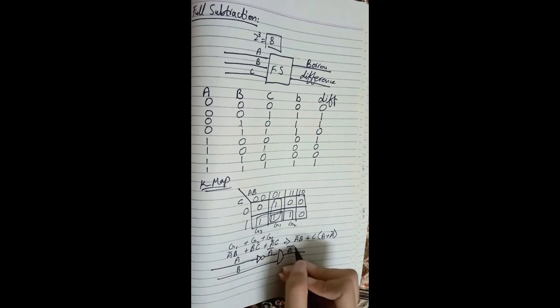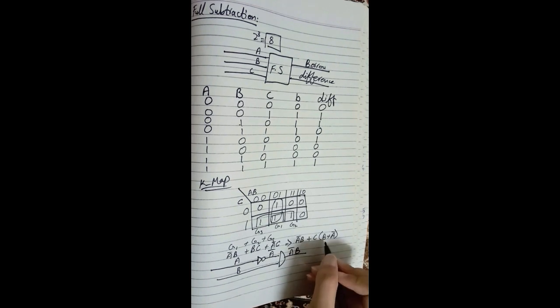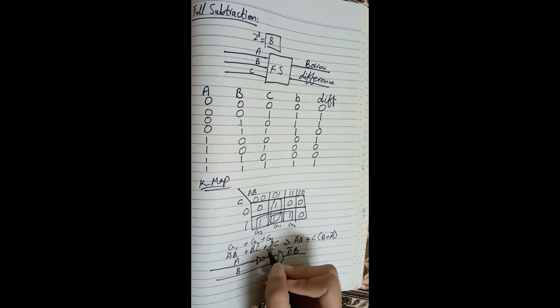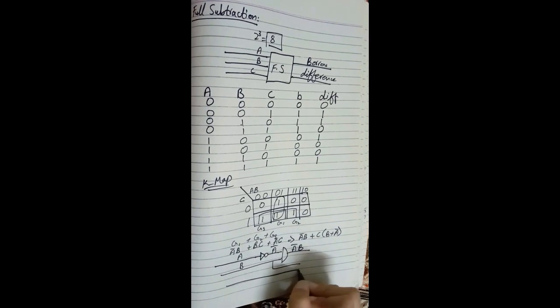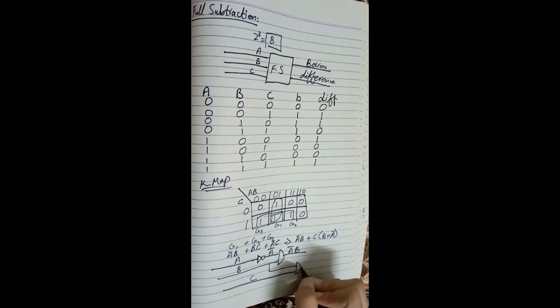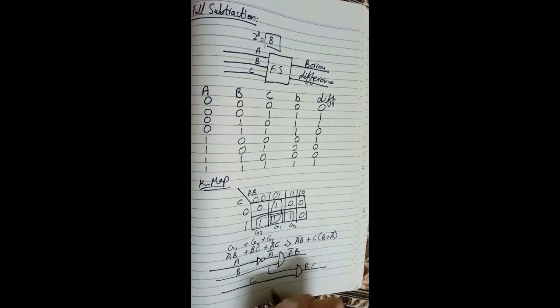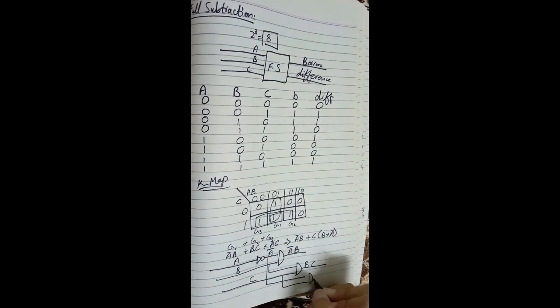So this is A bar B. And now we have BC. This is our B. We'll draw the C, the AND gate, and this is B and C. Then we have A bar with C connected by AND gate,